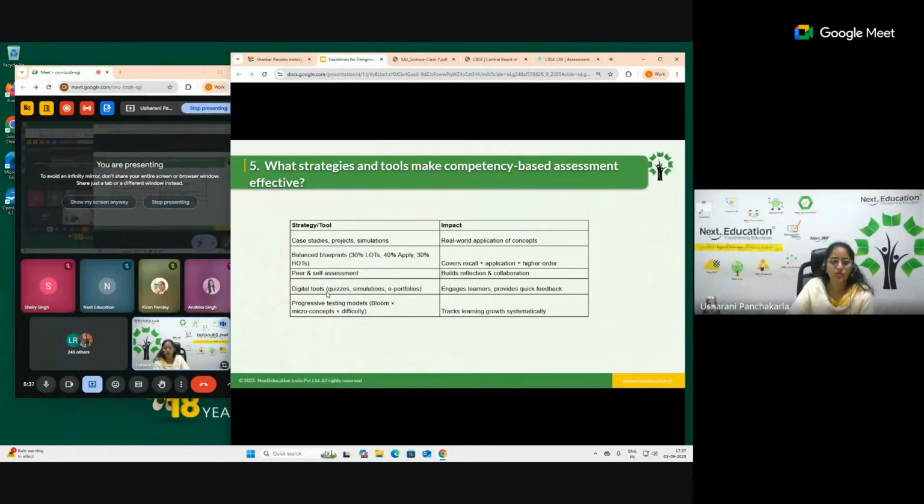Now coming to the digital tools, which include quizzes, simulations and e-portfolios. They engage the learners and provide quick feedback, rather than teacher evaluation, which might take around a day or a week's time, which actually consumes time. Now progressive testing models, that is, they include Bloom's, micro concepts and difficulty. There is a cube where you have the progressive testing model, which includes Bloom's taxonomy on the x-axis, the micro concepts on the y-axis, and the difficulty level on the z-axis. This is how a three-dimensional progressive testing model has been designed, where it will mainly track the learning growth systematically. So that is about